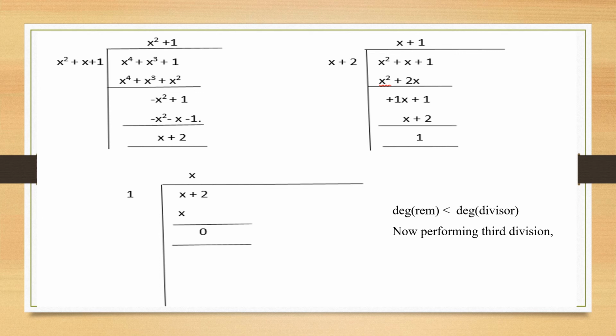Take 1, multiply to x plus 2. You get your answer as x plus 2. Change the sign. X and x will get cancelled. Again, if I put minus here, I'll be getting minus 2 and plus 1. So my answer is minus 1.